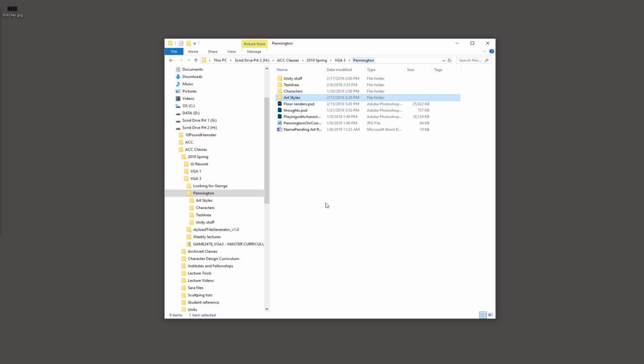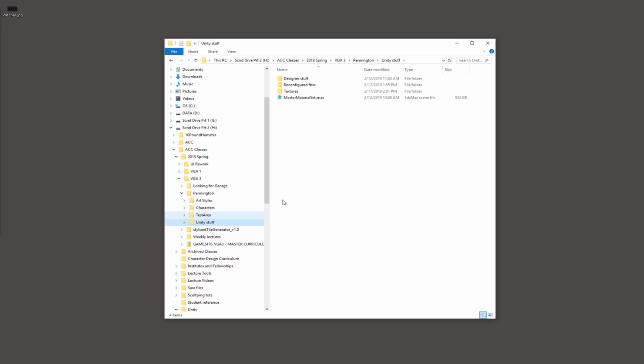All right, let's talk about what we need to do to get our game and our levels all set up for this week's homework. All we need to do is take a look at our directory. You should have downloaded, and I made a folder called Pennington, and I call it Unity stuff. Inside there, I have downloaded the Capstone Designers files, which are,